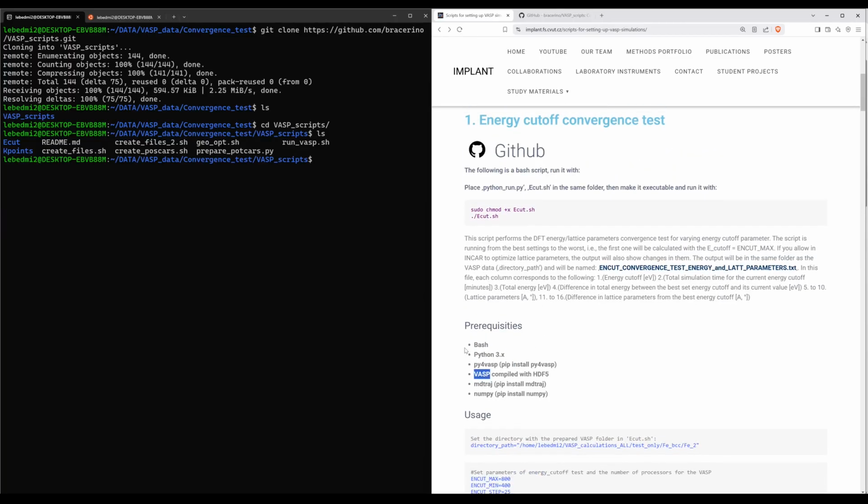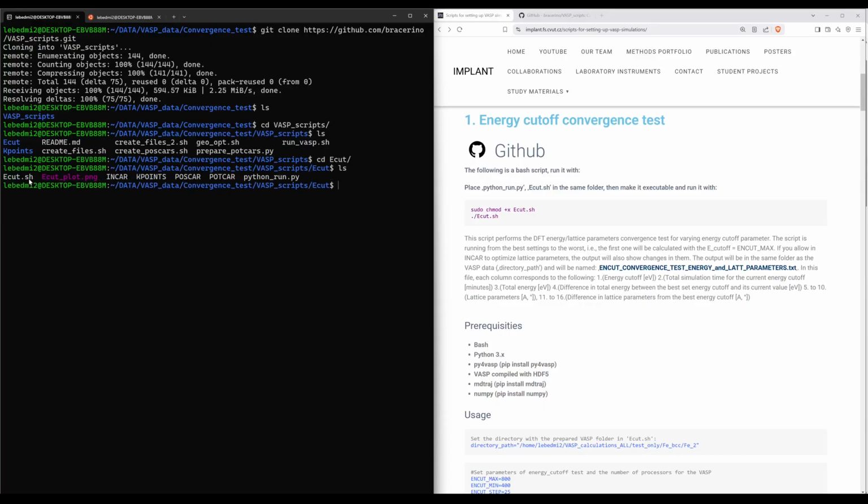Okay, so let's suppose you have all the prerequisites and know how to perform the ecut test. I will navigate to this folder, and here I have two main scripts, this one and this one. In order to run this ecut test, I would need to copy these two files into my folder where I prepared 4 input files for VASP. I put already one example here. Specifically, it's a supercell of BTO cubic one,